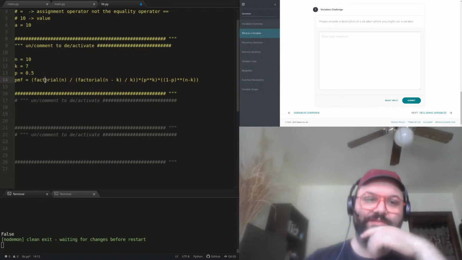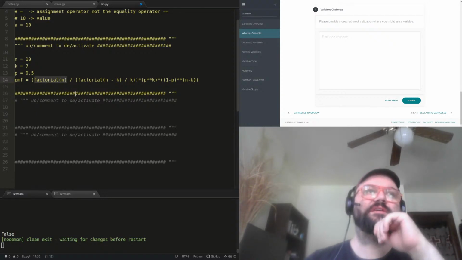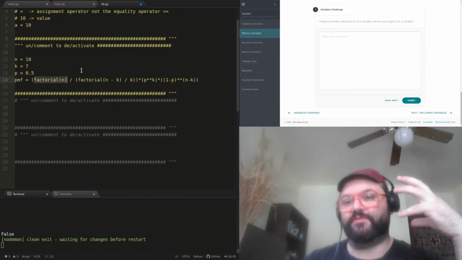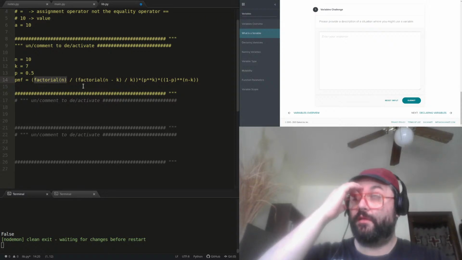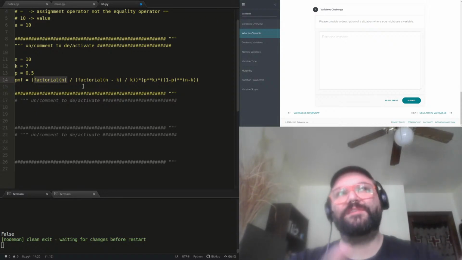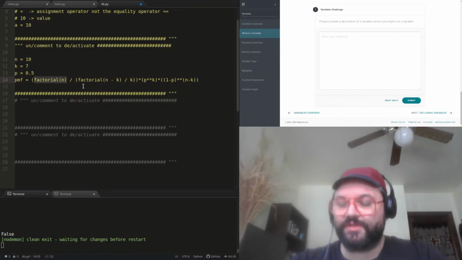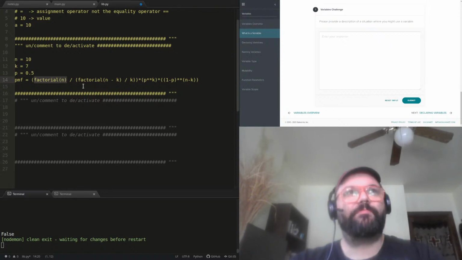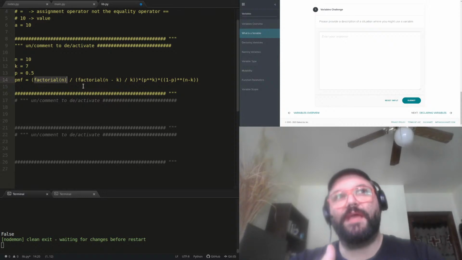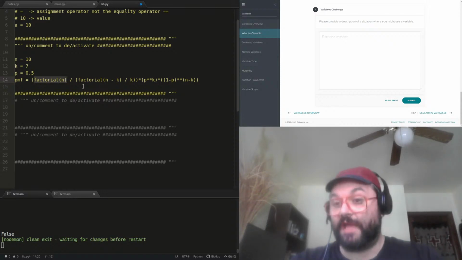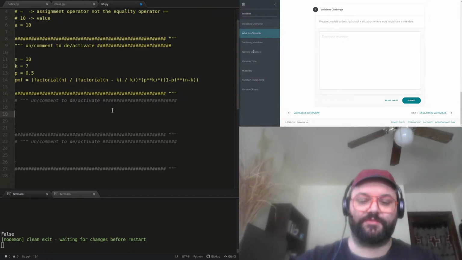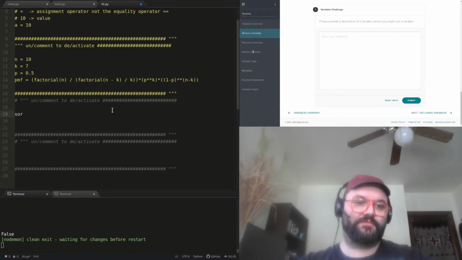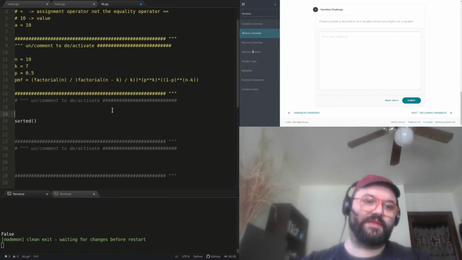Another thing is every time you call a function, you're asking Python to do a little work and perform some process. With a simple function where that work is pretty low, you can just call that function wherever. But if that function has to perform a lot of work, like a sorting operation, which is kind of a heavy operation, this is actually another good example. Let's do this. Let's say sorted. And let's say we have a,